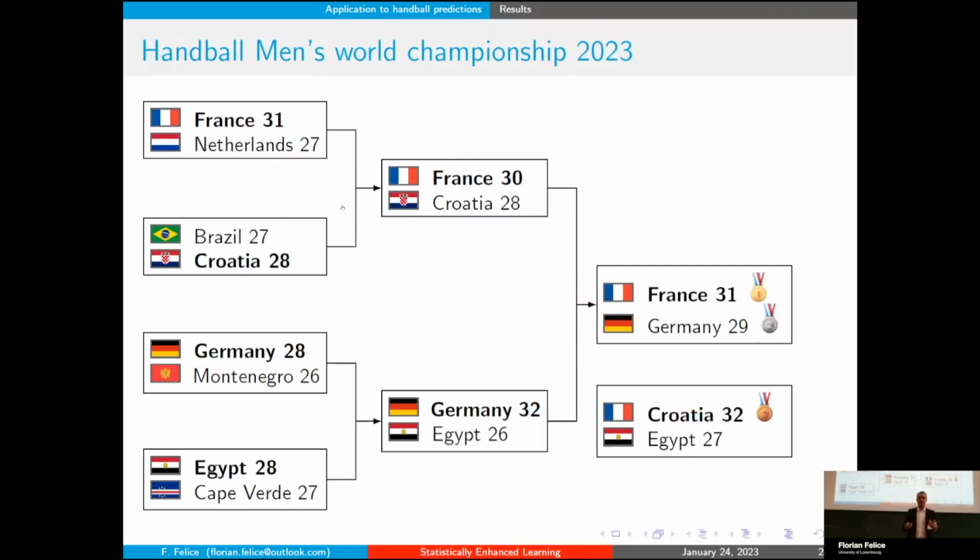But still, if there is any handball specialist in the room, they would still complain that some results could be improved. For example, Denmark, which is potentially the strongest team in the world with France, of course, is not appearing in the quarterfinals. So there are still adjustments to come in the model, but still the results were kind of interesting. When you see Egypt, Germany, that are pretty strong teams, they're still represented over there. So I hope my predictions will be true for Sunday.